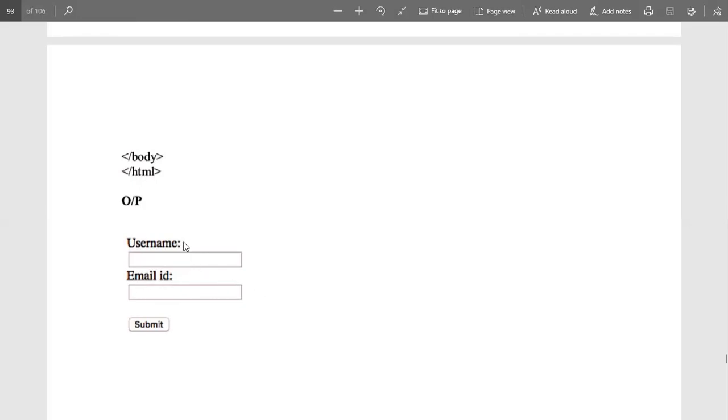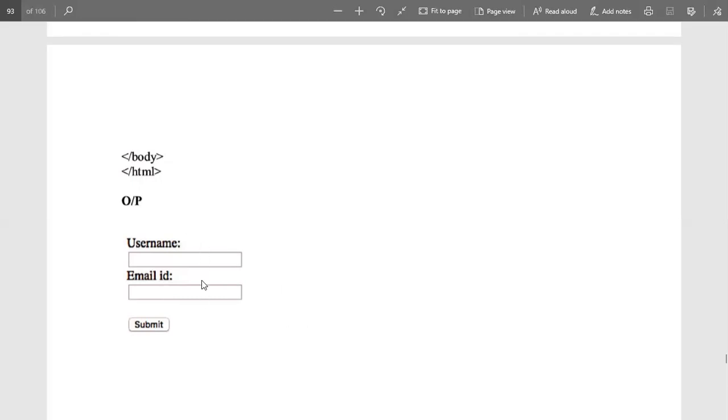We could do it with a similar line also, but we used the br tag, meaning breaking the line, so that it separates the line from the username. That's why the box is just below the username, and below the email id. If you want to do it on a single line, then there is no need for the br tag after the username. The br tag just breaks the line, that's why this particular box comes below the username, or this box below the email id name.